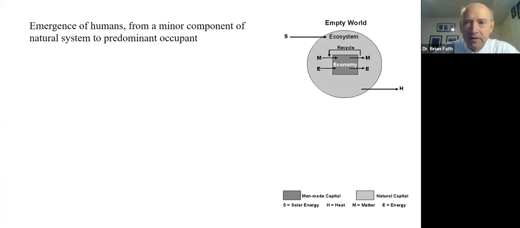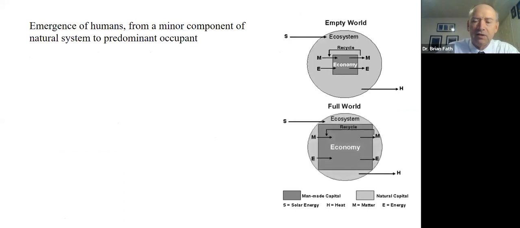Also, keep in mind that as human pressures on the planet have increased, we went from being what has been referred to as an empty world, where the human economy and the human imprint were fairly small compared to the ecosystem and the ecosystem services that we received. Therefore, whatever humans did could readily be assimilated by the environment without too much difficulty. But as we've expanded, I think we're reaching 8 billion people this week or next week. I've read the estimates are a little different, but before the end of the year, I believe, we'll reach 8 billion